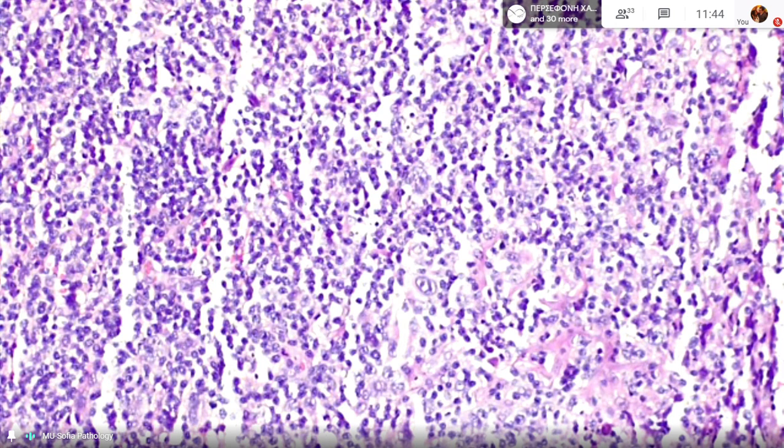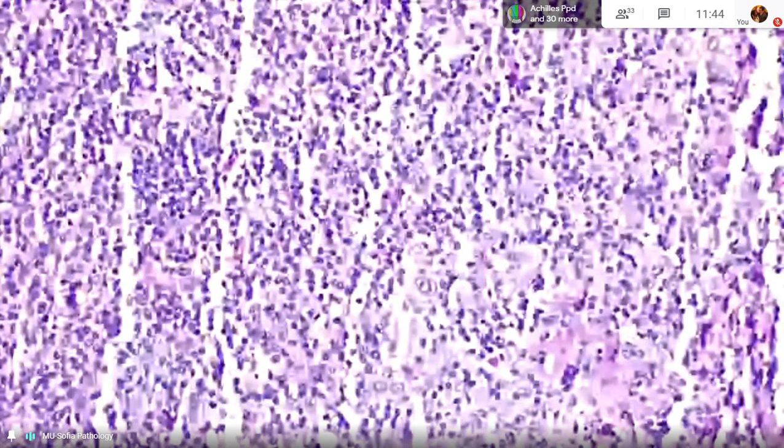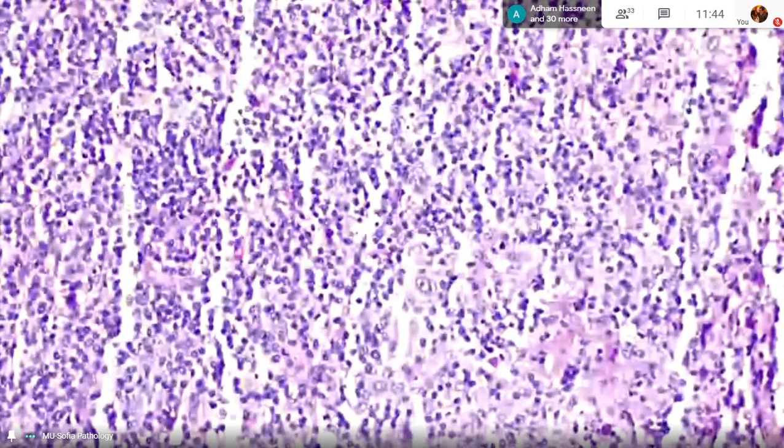Starting from the neck, later on it will affect the mediastinum, then it will cross the diaphragm,